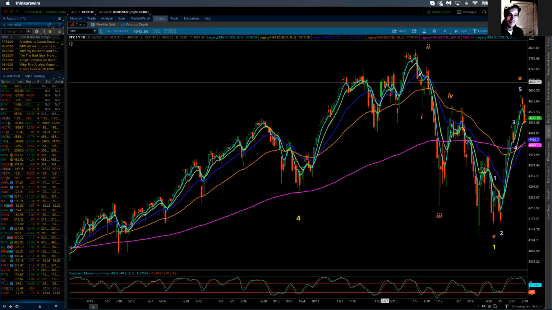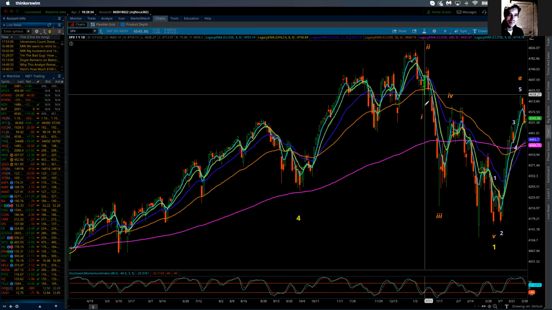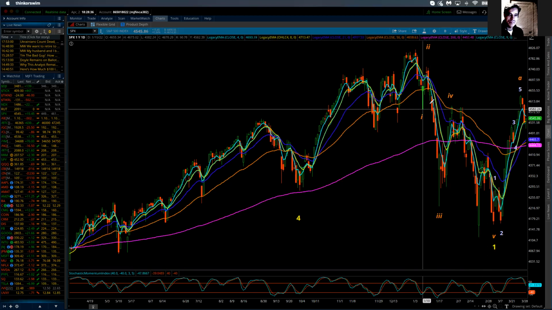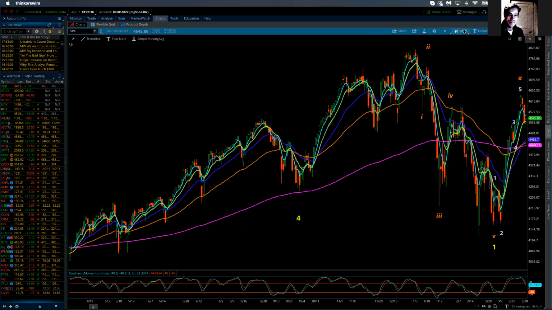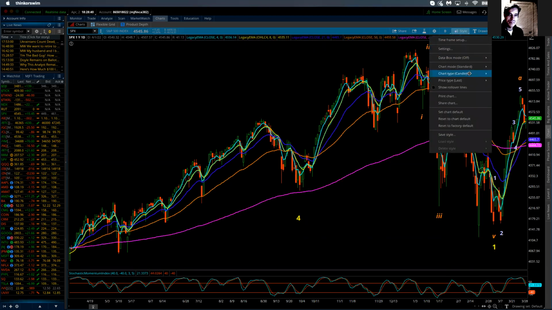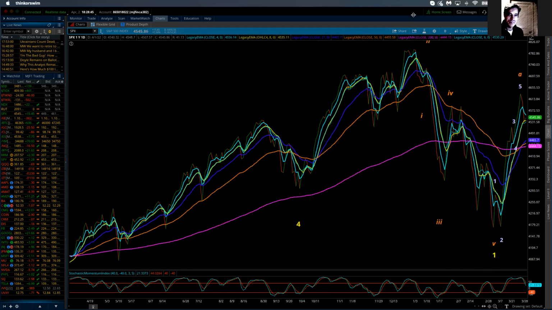So what I had to do, because this also presented a problem, and here's 4, here's 1, they're overlapping. Very often, when you discuss or try to work an Elliott count, what becomes important is what happens to these bars on a closing basis. And so what I've done is I've turned it down to a line chart, which is basically a closing basis for the chart.